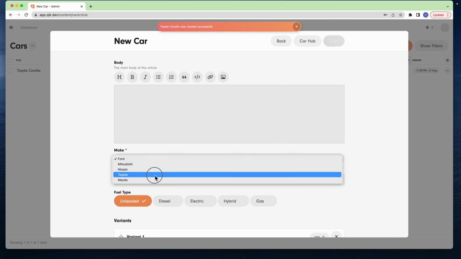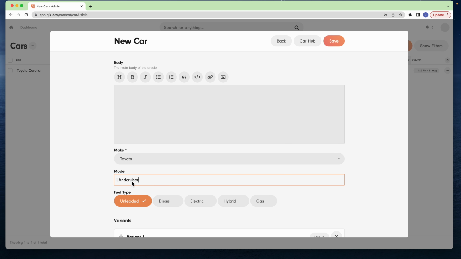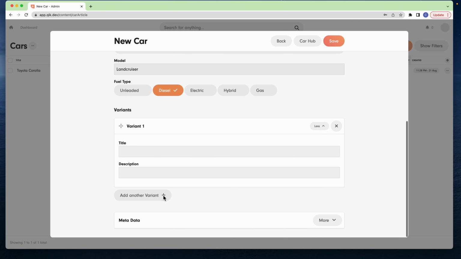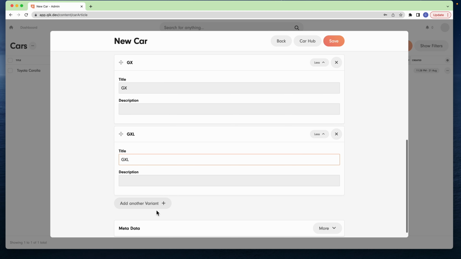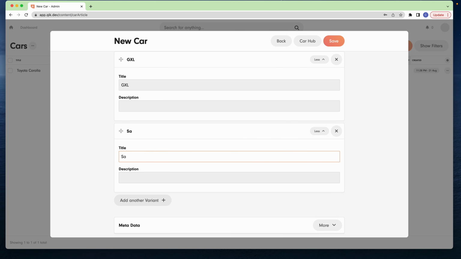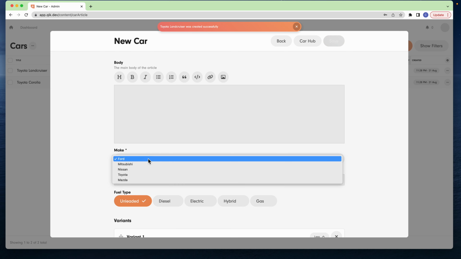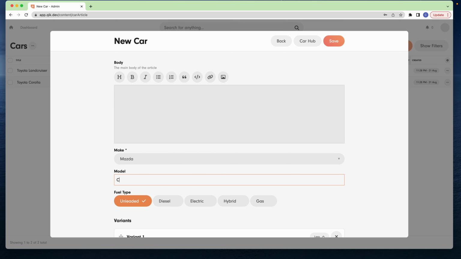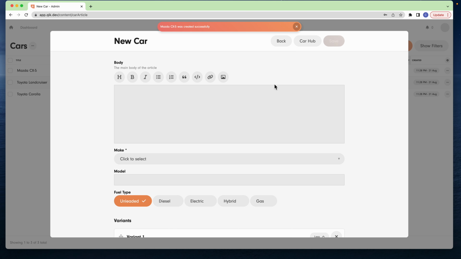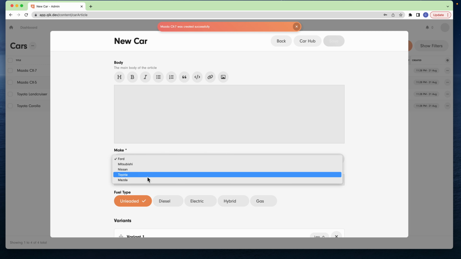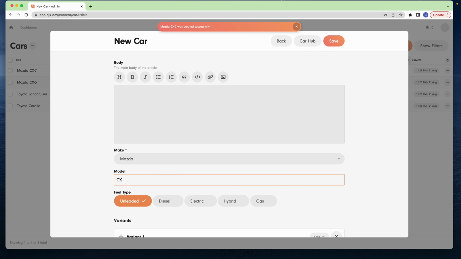We'll call this the Toyota Land Cruiser. We can make that a diesel. We can have a GX, a GXL, a Sahara, and we'll hit save. Create another car. We'll call this a Mazda CX-5, and we'll hit save. Create another one, a Mazda CX-7, a Mazda CX-9,